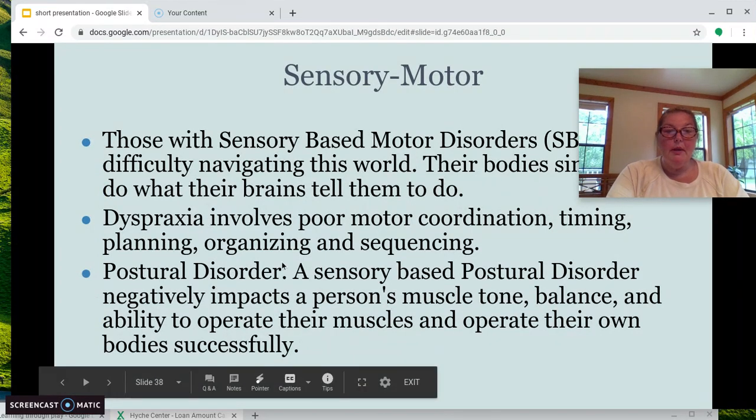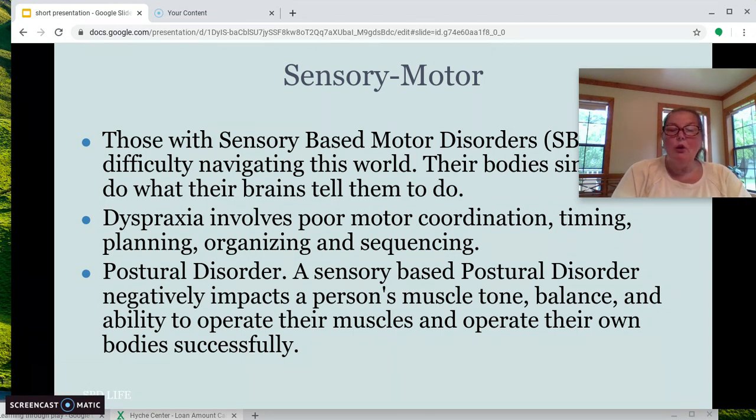So we're going to stop here. We'll talk about sensory-based motor on our next video. I hope this helped you understand more about sensory